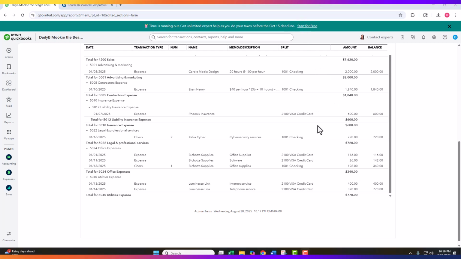All right, so that's it for Mookie the Beagle in Chapter 4. Now it's your turn to get into Hafra Cyber and do similar things. You're going to be recording some transactions. You are going to be simulating bank feeds from the credit card and from the checking from the bank. And you're going to be matching some transactions. And if you need help,